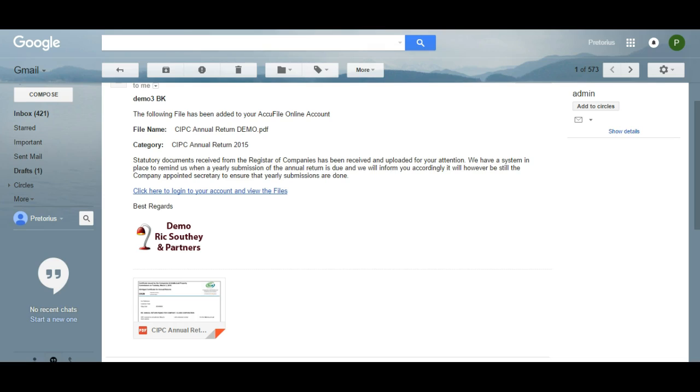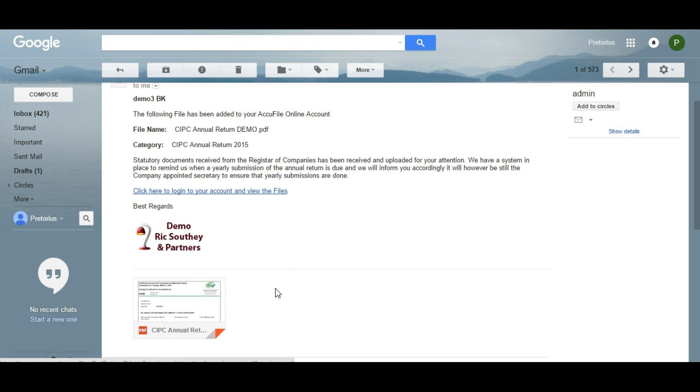Hi everyone, I just want to show you quickly how you can set sensitive emails for your clients if you wish to do so. The idea is that all files that you upload on your AccuFile system get emailed to the client as an attachment. As you can see here, it will appear under the logo there. So in future, all files that get uploaded on the AccuFile system will be attached to the email going out to the client.